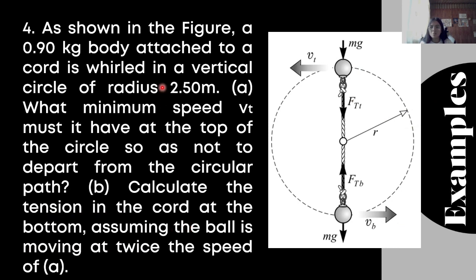So, next example tayo. As shown in the figure, a 0.9 kilogram body attached to a cord is whirled in a vertical circle of radius 2.5 meters. For letter A, what minimum speed v sub t must it have at the top of the circle so as not to depart from the circular path? Then calculate the tension in the cord at the bottom, assuming the ball is moving at twice the speed of A. So, pansin nyo,